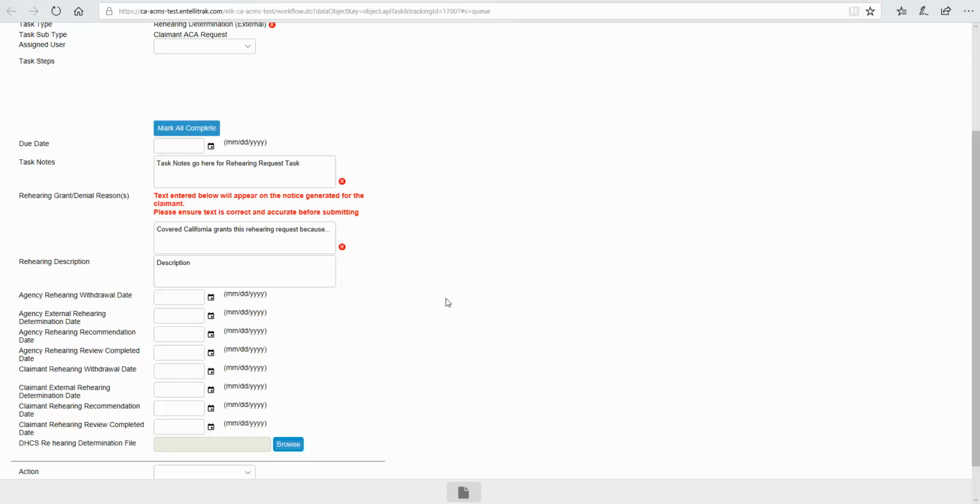write this as if it's going to be a part of a letter, because it is, using correct grammar and punctuation, etc. I know sometimes when we're filling out our task notes, we don't put any punctuation, or we don't capitalize. But this is going in an official letter, so be sure that you use good grammar and business language. Or, Covered California denies this rehearing request because